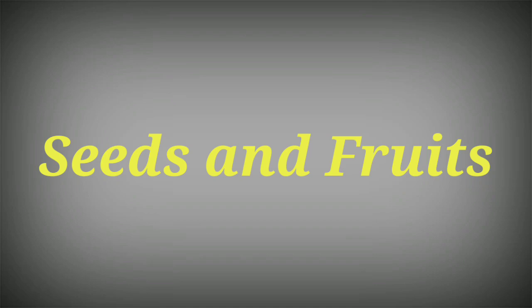When fertilization takes place, the inner and the outer structure of the ovary, that means the ovules and the ovary, undergo some changes, and till maturation they become the fruits and the seeds. That is why we can say that the ovary gets developed into fruits and the ovules get developed into seeds. Now let's see what the types of seeds are. There are two types of seeds, albuminous seed and non-albuminous seed.